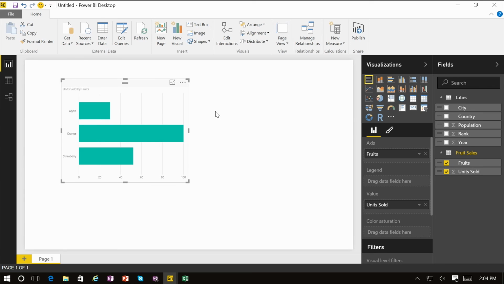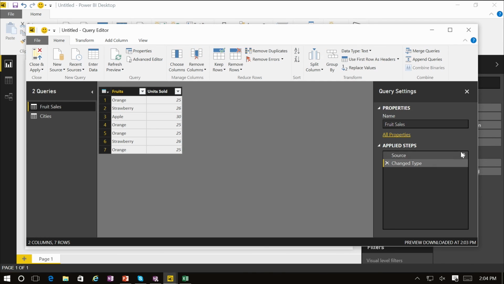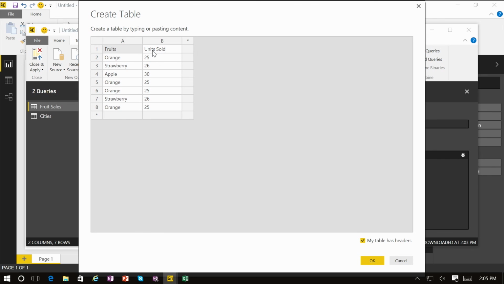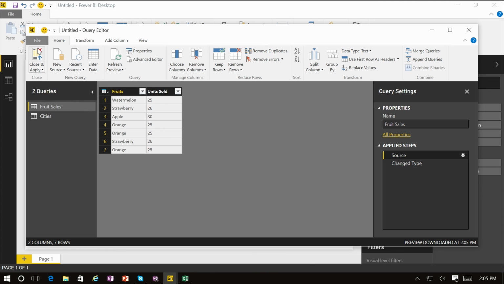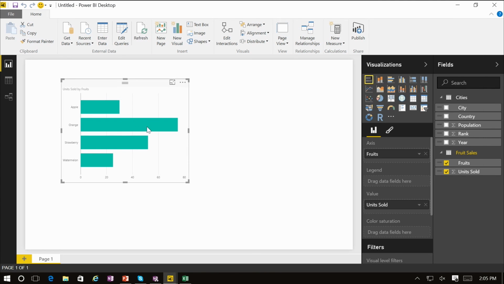It's really straightforward to create new tables with static content from either manually typing them in or from the clipboard. If you ever need to modify them again, you can click Edit Queries and come back to the actual definition of each of these tables and go back to the Sources tab, click on the gear icon, and that will bring you back to the Create Table dialog where you can modify the content. So let's say that this is now watermelon instead of orange. Click OK, and it will automatically refresh the content, and when you click Close and Apply, it will refresh the visual, so you can see watermelon showing up now in the visual.